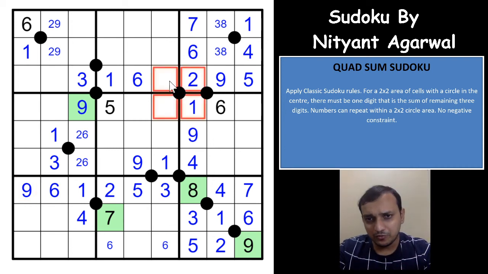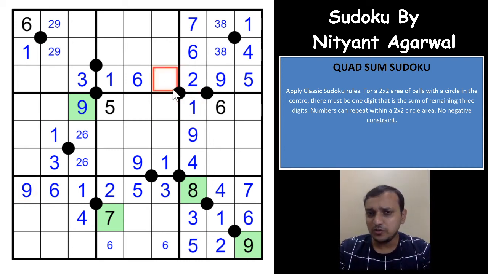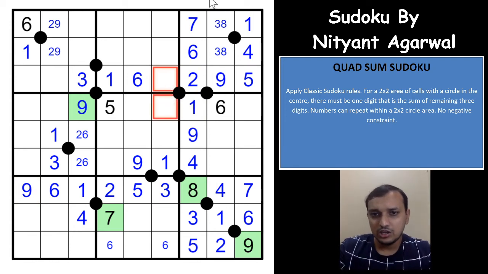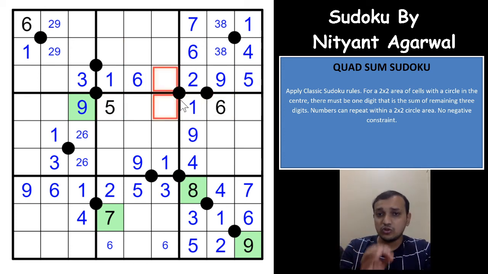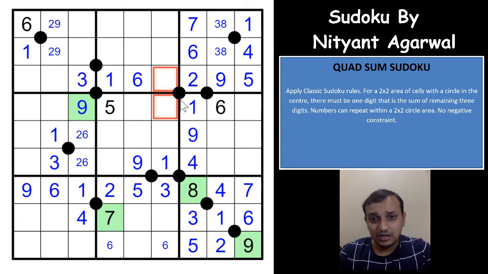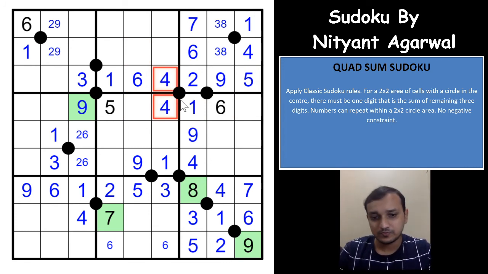Okay. Now if you see here, there has to be one cell which will be part of the sum, the minimum cell. Let us start with the minimum cell. You already have a 1, you already have a 2, you cannot have one more 1 here. You can have one more 2 here, but that will sum to 5, not possible. You cannot have a 3 here, you already have a 3. You can have a 4 in one of these two cells, right? You cannot have 5, you cannot have a 6, and 7 is not possible. So the only possibility of a cell which will be part of the sum is 4.